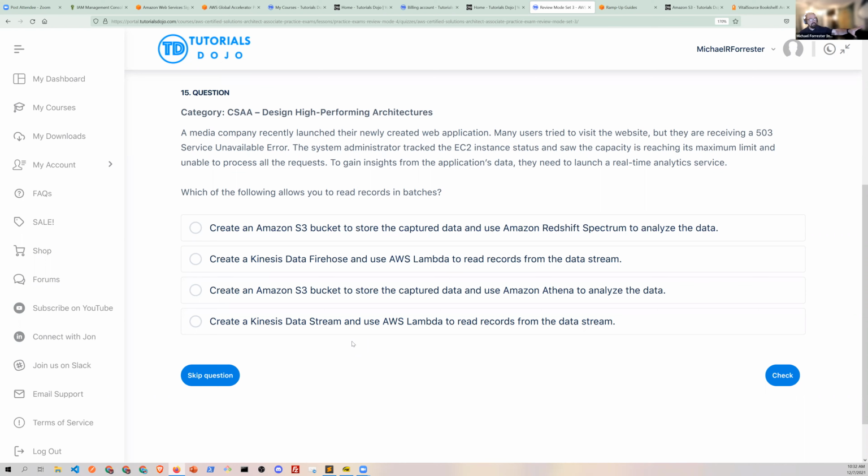So then we've got the data Firehose and we've got data streaming. But if they're looking for a real-time analytics service and they want to process requests, it really is streaming that they're looking for. Firehose is so that you can accept data and dump it into a database. Streaming is so that you can take data and do reporting on it and analyze it in real time, like you can analyze the data stream, right? And so it seems like D is what we're really looking for here.